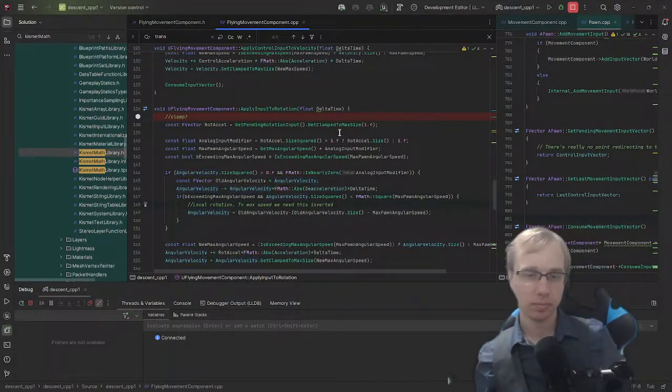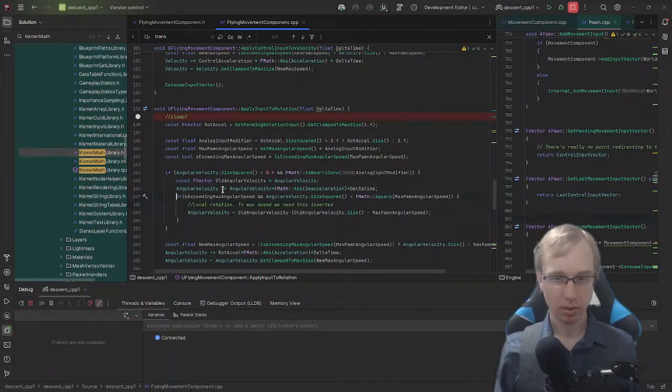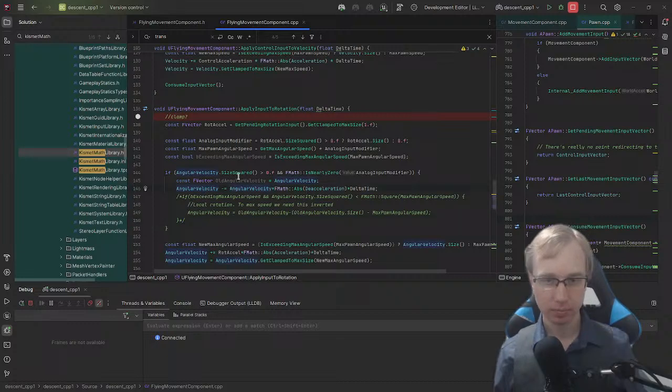Okay. Let's go ahead and we're going to snip this a little bit just to make sure this isn't affecting us. If angular velocity squared is greater than 0, then we want to subtract a little bit from angular velocity. And the amount we want to subtract from angular velocity is going to be